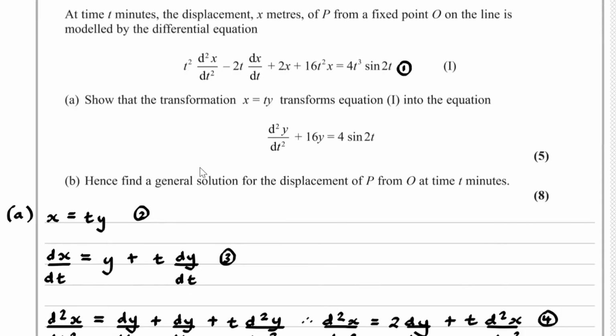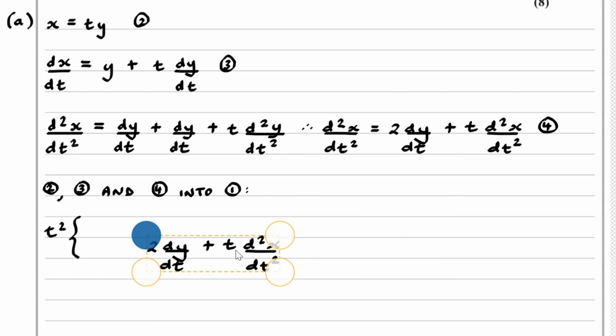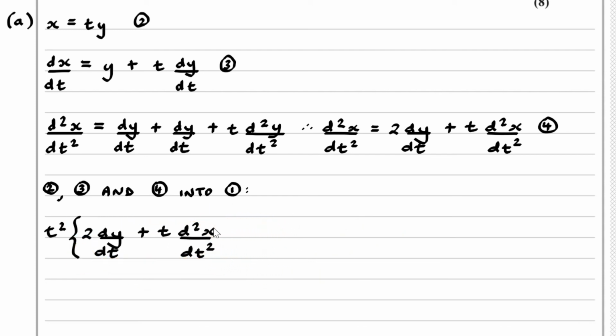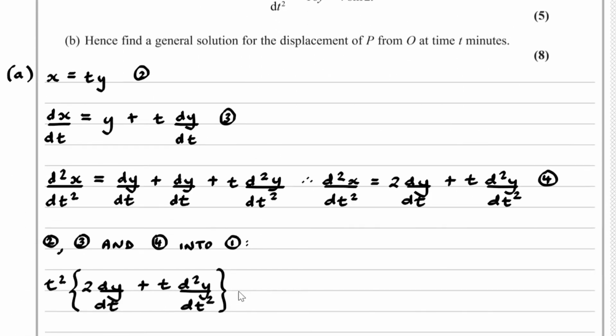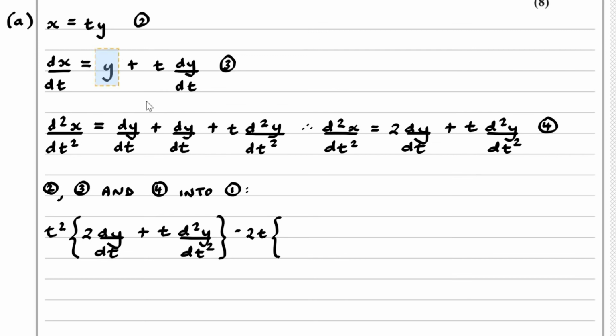So if I take a look at what 1 is, I've got t squared multiplied by d squared x over dt squared, and what that is is this result here, and then we've got minus 2t, and then we multiply this by dx over dt, so I multiply by this result here,